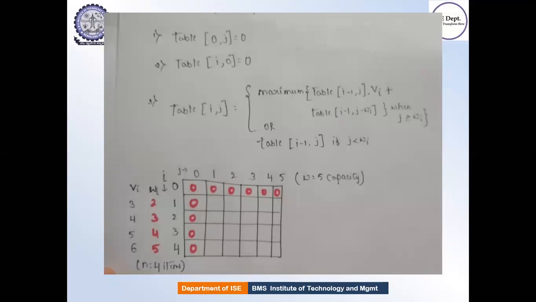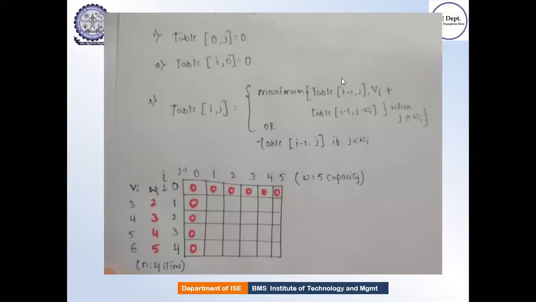So what happens here is this one. I'm talking about this one, right? Here, vi is the value of that respective item, the value of that particular object or item which has been selected. So vi is done. Table of I comma j is done. Wi is a weight. So weight and value, and this is a formula I should remember.